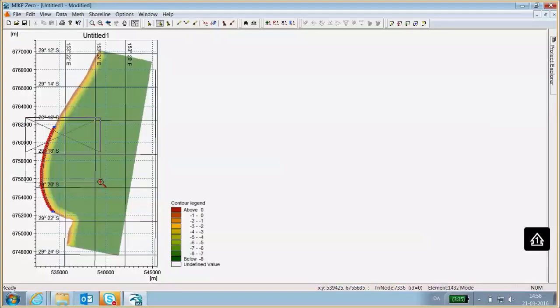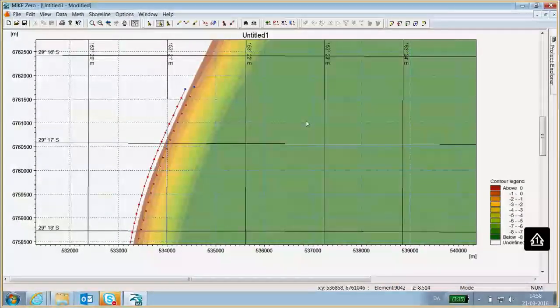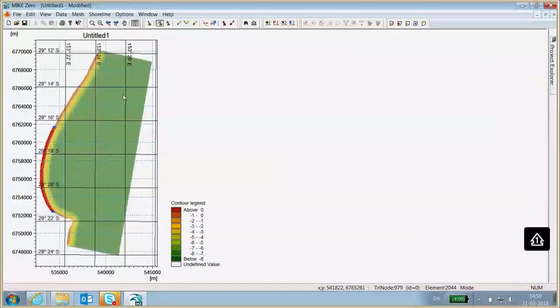So the edge map should be located far enough offshore that it's always beyond the depth of closure, also after there have been morphological changes in our shoreline model. But it cannot be located too far offshore, especially when we have a curving shoreline.